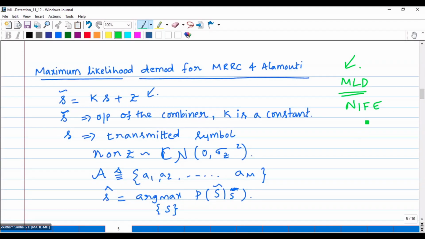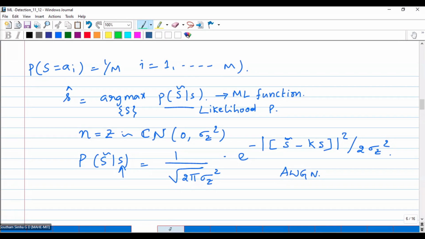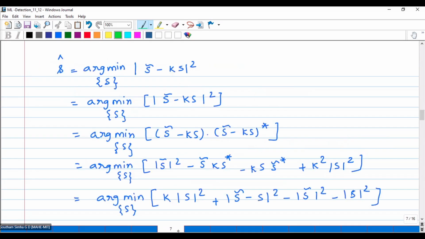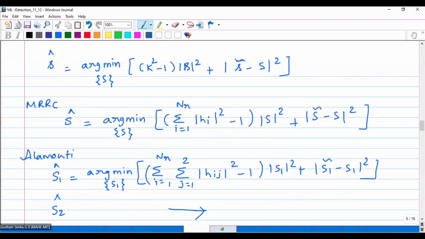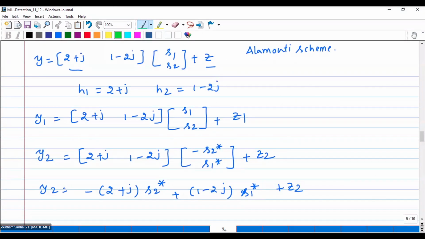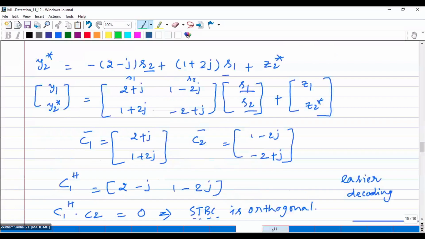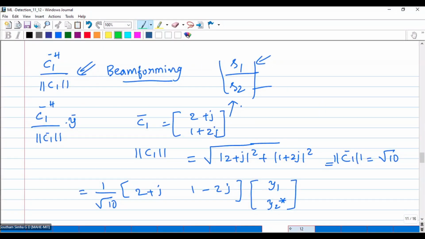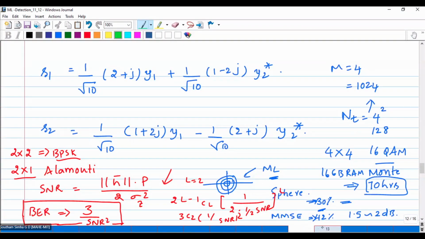For example, like, okay? Now, but if you don't understand this, there is no significance of studying wireless communication. So this is a Rayleigh random variable, with Gaussian normal distribution, okay? So how do you find this? The problem I will ask, because the problem is easy to solve. So problems even with ML I will ask, but not the mathematical part of it. Just remember this equation: BER is equal to 3 by SNR square for 2x1.